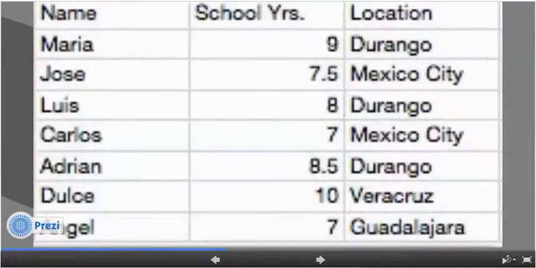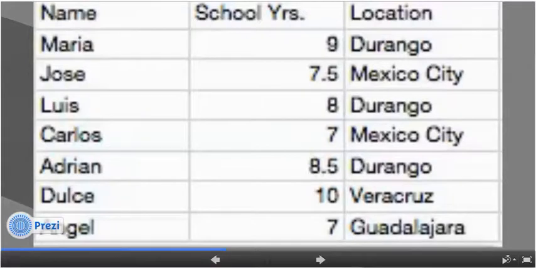So the previous graph that I presented to you was the average mean of years that individuals receive of schooling in Mexico, and I found that data set on Google public data sets, and I converted it to a graph to present that information to you. Here, I wanted to confirm that that information was accurate, so I conducted a random survey in which individuals from different cities in Mexico submitted their information on how many years they actually received schooling.